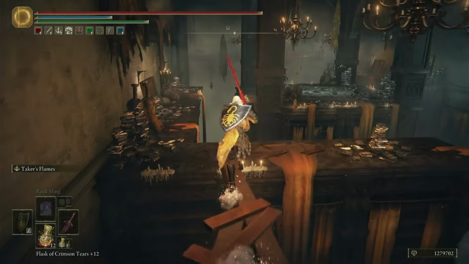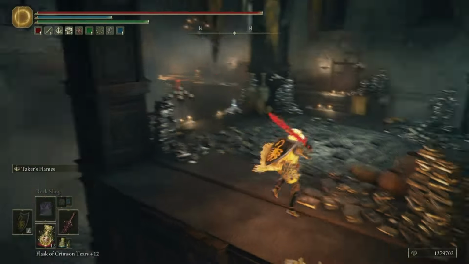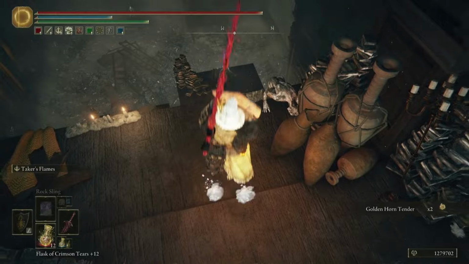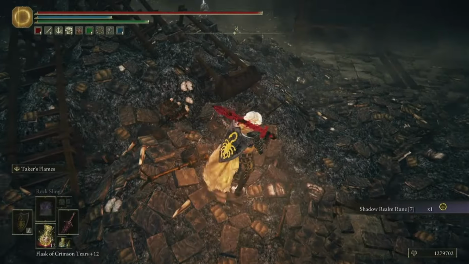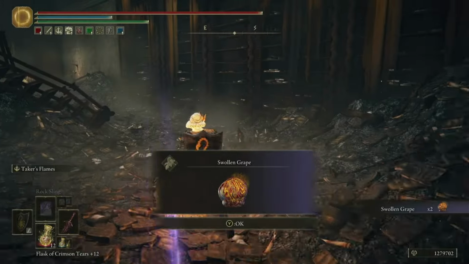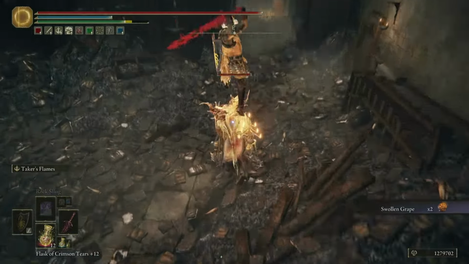There'll be a few bookcases we can climb upon. Jump over here, grab this item, and then we're going to jump over here to grab this item. And go ahead and jump down here for a swollen grape. There will be a couple horn scent enemies patrolling this area,